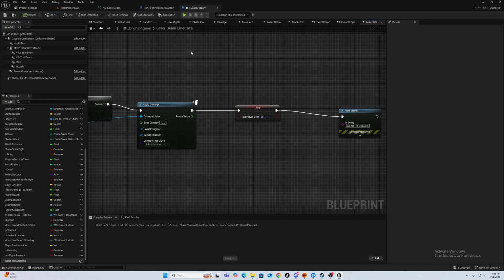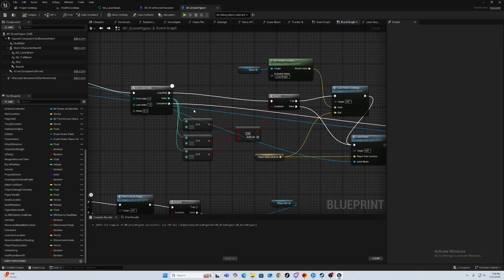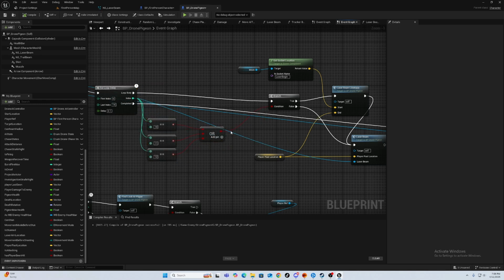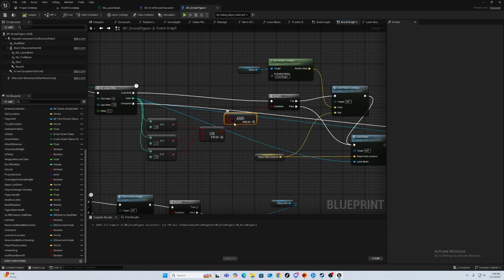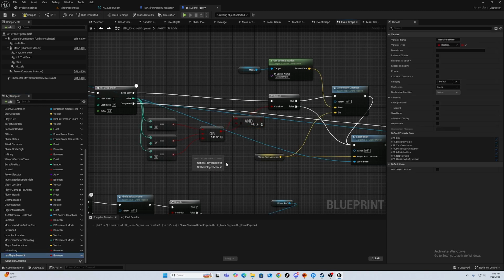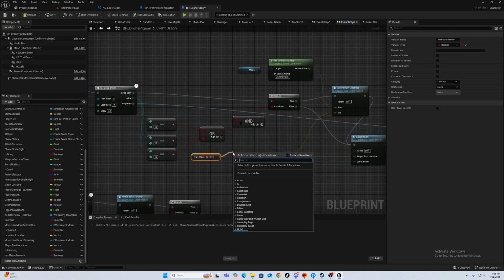So now, if the line trace that's set to go off at 0.9 seconds hits me, then has player been hit will be true, and then we have to add another branch. We can do an and branch here, and Boolean, and player has been hit, get